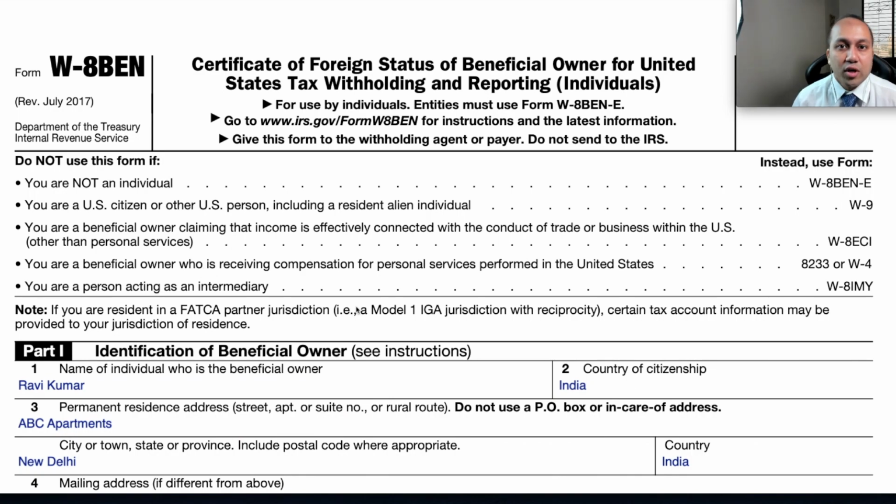In this tutorial we're going to show you how to complete your Form W-8BEN. This form is a certificate of foreign status of a beneficial owner for United States tax withholding and reporting. If you're making income from a US company, most likely the US payer is going to ask you to complete this form and submit it back to them, because by compliance